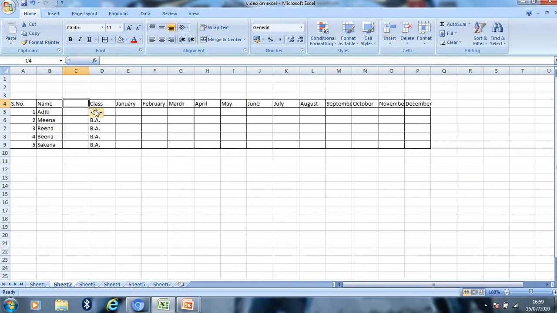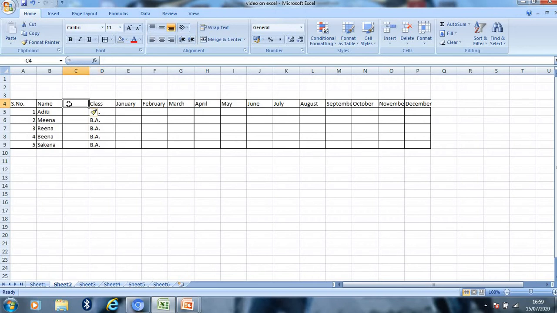Here you see the column is inserted at the left hand side of the cell that I have selected. So a complete column gets inserted, not a single cell. A complete column gets inserted into my sheet.